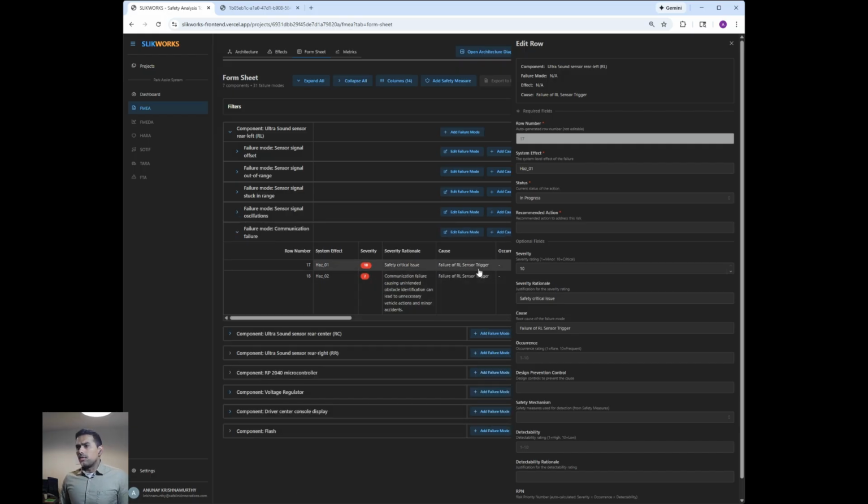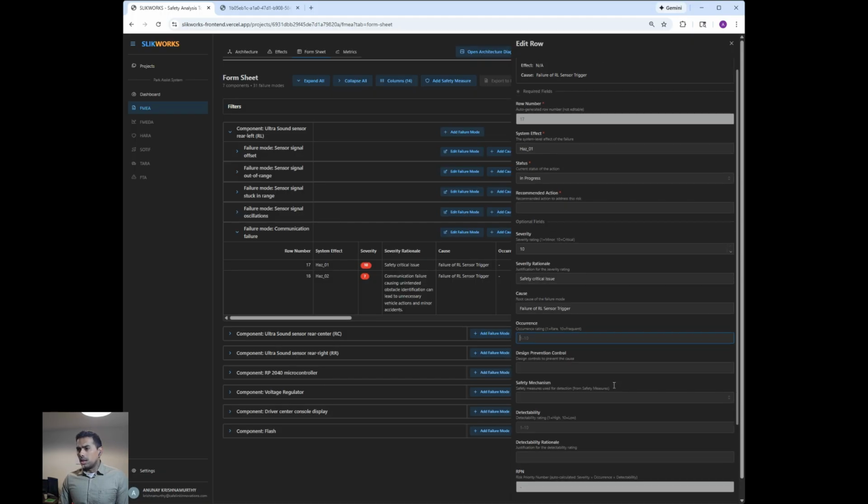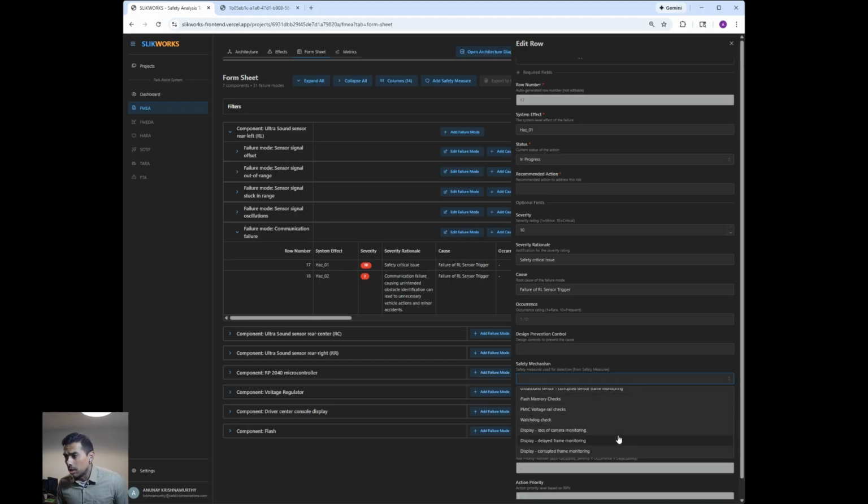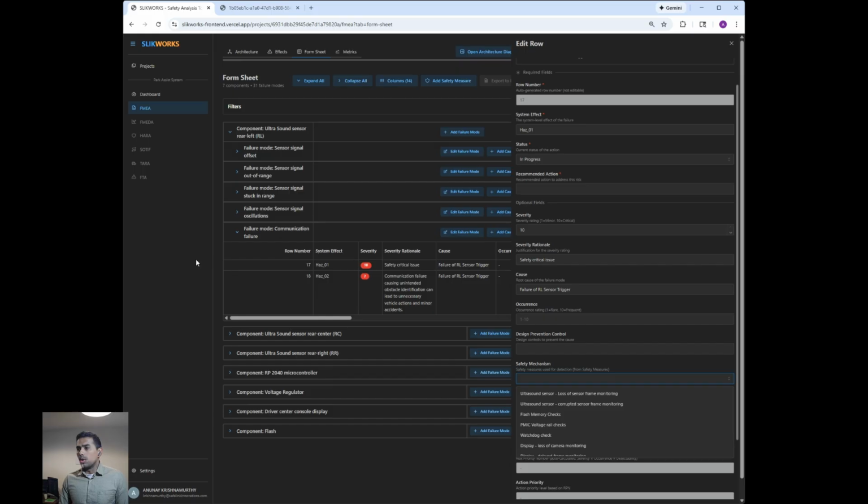Now, in this case, it has identified one cause, which is the input to the sensor, which is the trigger. So if there's a communication error on the trigger, then this can lead to the following hazard. It is up to the user to rate the occurrence, the detection control mechanism, and identify which of the existing safety mechanisms can prevent it. Now, here's the important part. If the user says, I don't have a communication safety mechanism, then the user can go ahead and add